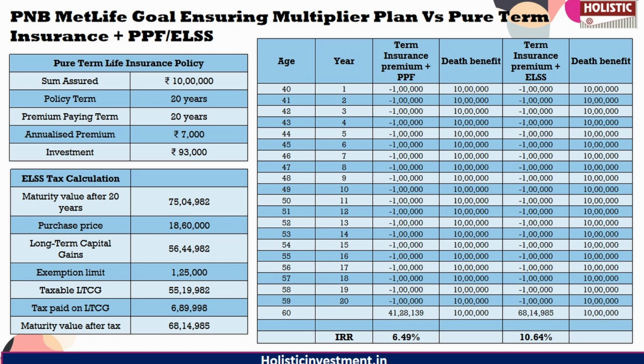So this frees up 93,000 annually, which can then be invested according to the investor's risk profile. So if you are a conservative investor, you can choose a debt instrument like the Public Provident Fund (PPF). So here the maturity value after 20 years would be approximately 41.28 lakhs, generating an IRR of 6.49%. Remarkably, this is on par with the 8% return scenario projected under the GEM plan, despite PPF being a low-risk